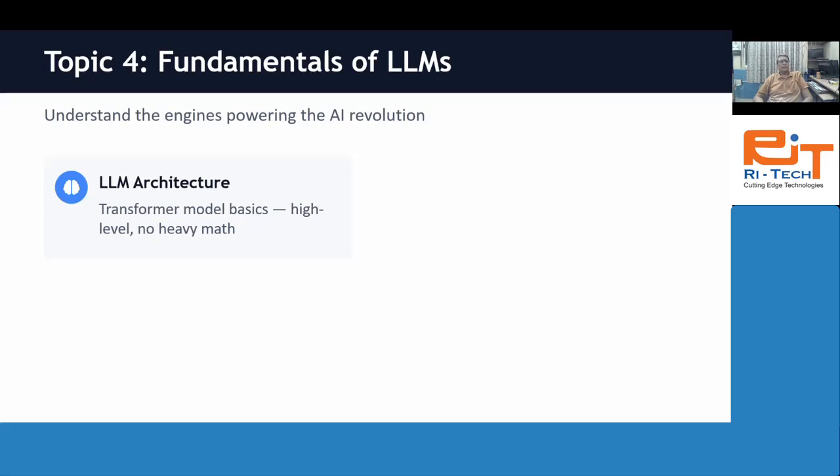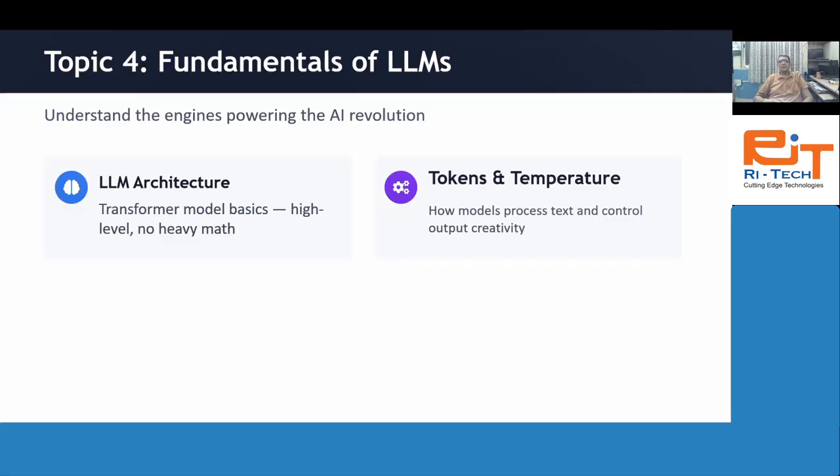High level, no heavy maths. You don't need to worry about the mathematics. We have designed it in such a way that you don't need to go into the core of the mathematics. Then we learn tokens and temperature: how models process text and control output creativity.